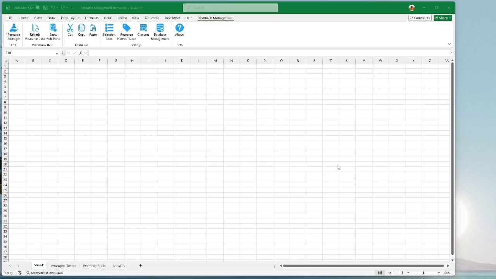Hello, today I'm going to just walk you through the resource management add-in for Excel and just some of the features of it. It's not going to be 100% exhaustive, but it should give you a good idea of the functional capability of the add-in. I will first of all start with